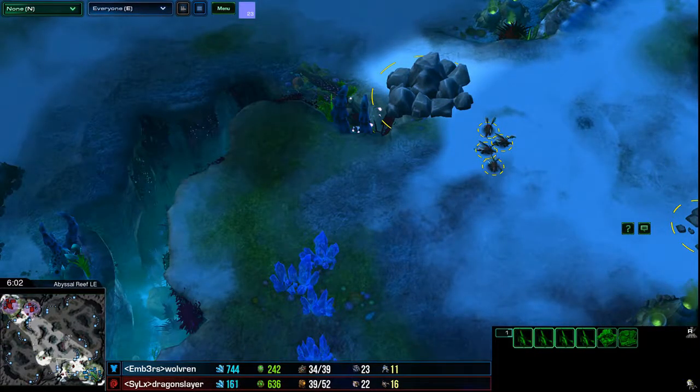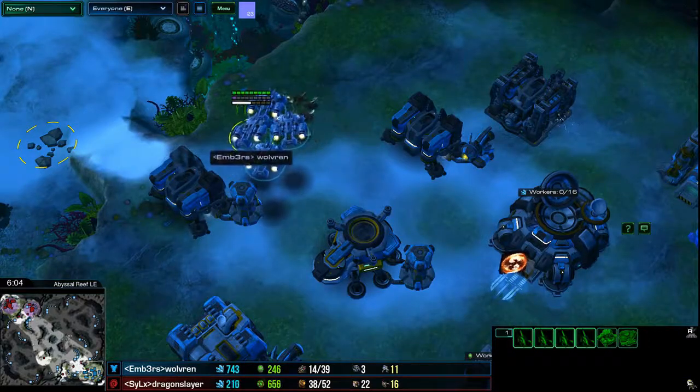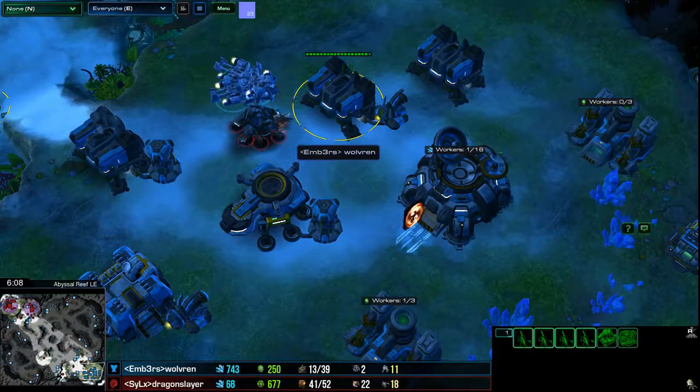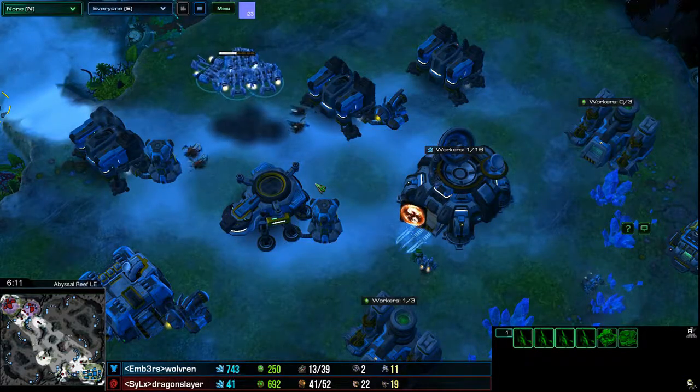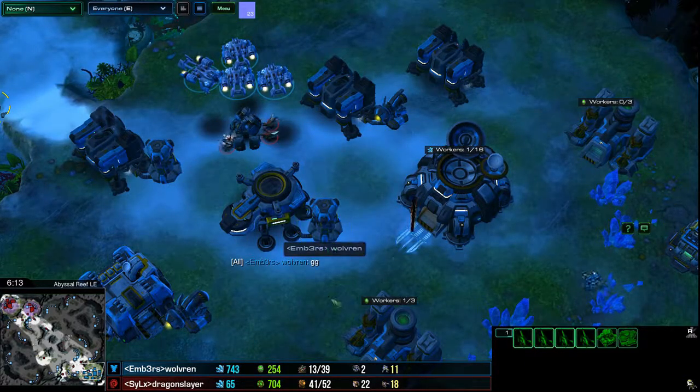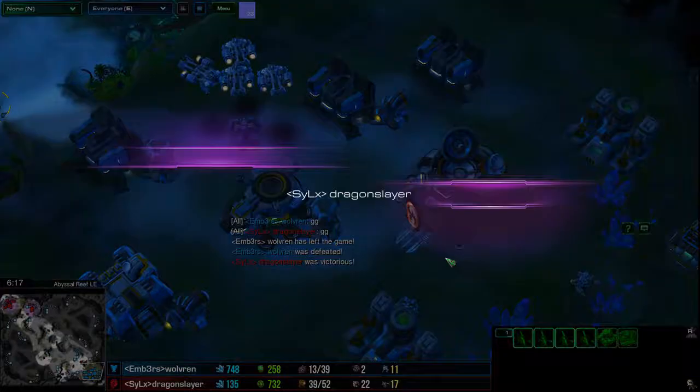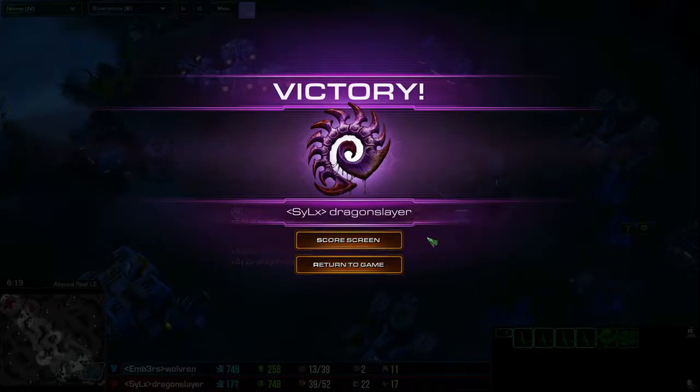And the Banelings are going to get all these SCVs. Oh, my gosh, that's huge. Especially since he doesn't have an expansion, so he has no economy behind this. He's sitting on 743 resources, but yeah, that's a game ender. That's GG. Wow. And Dragonslayer takes the win, tying it back up again, 3-3. I mean, as a Zerg player, I gotta say that